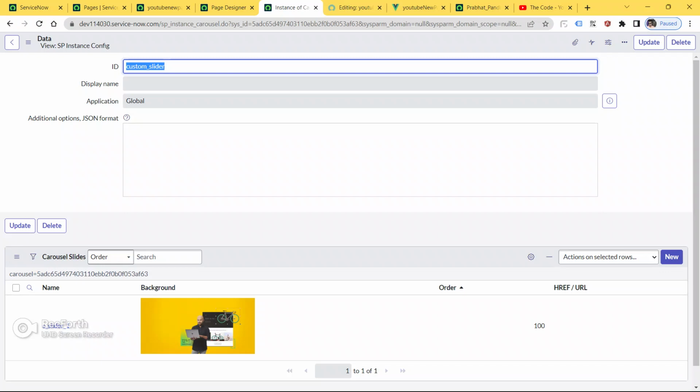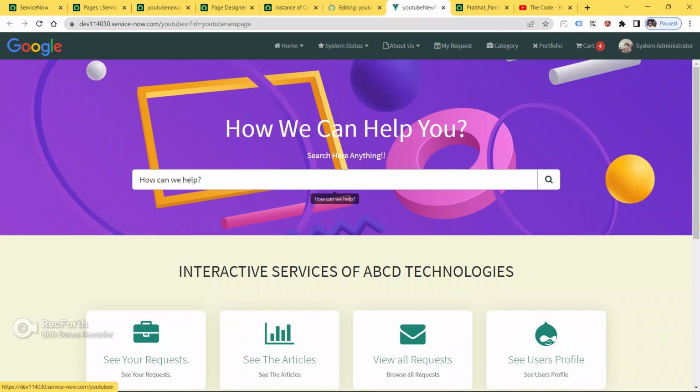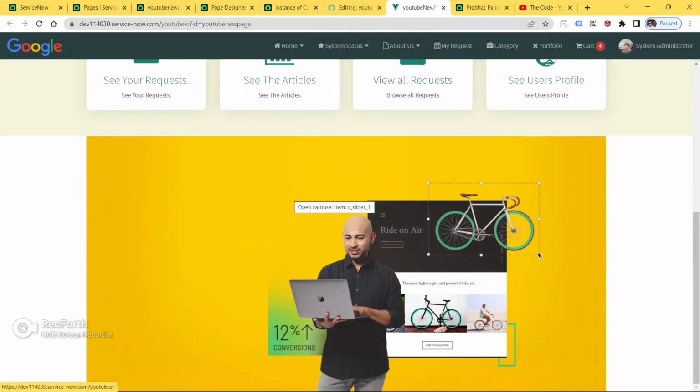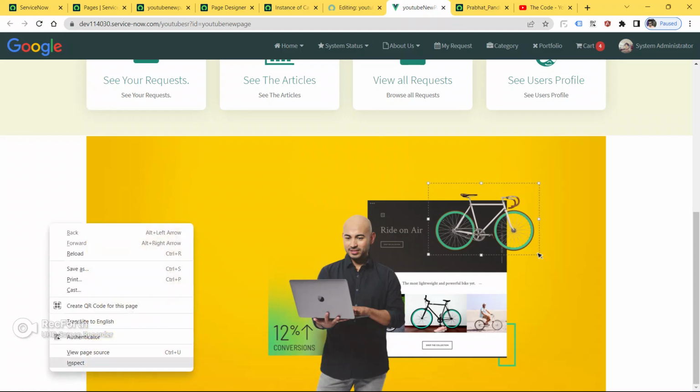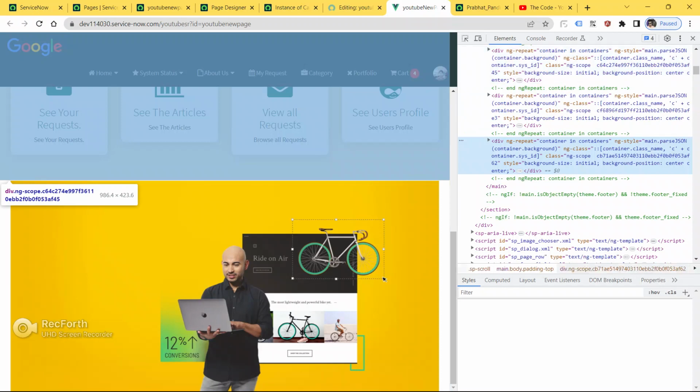As you can see, we got our first slide inside our custom widget, which is known as YouTube carousel. Let me go to the page and refresh now. Let me just inspect.